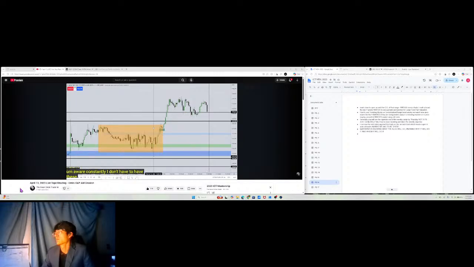I don't have to have these lines on my chart, but you should while you're learning. You should have these reference points highlighted in time on your chart because it'll keep your eyes focused on what it is you're looking for. Now, think about it like this. If you're looking at charts like this,